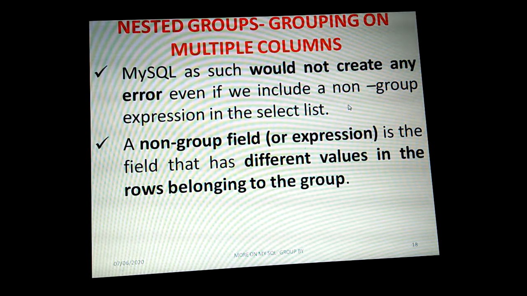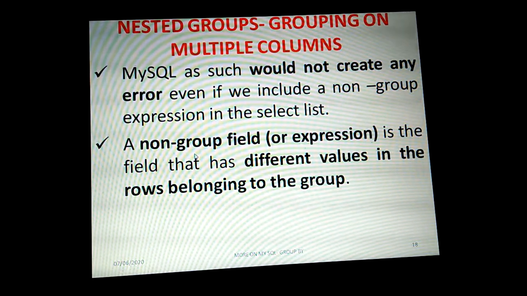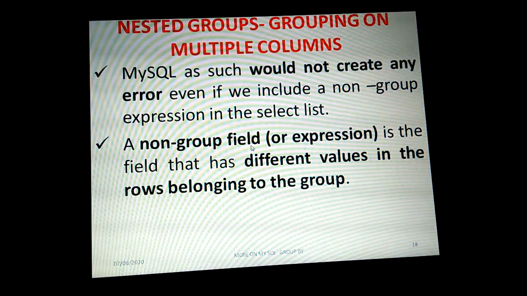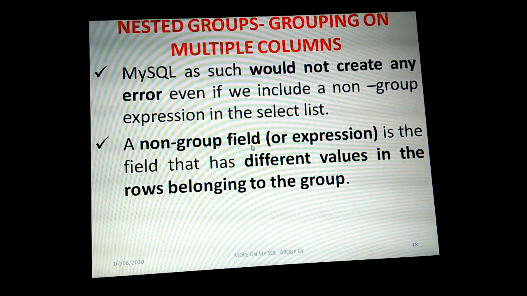Okay, so for those two fields, department number and job, at least some values are similar, but some fields will not make a grouping. That kind of field is known as a non-group field. We cannot make any grouping, because if you have around 15 or 20 records in a table, every row for that field will have a unique value. That kind of field is called a non-group field.